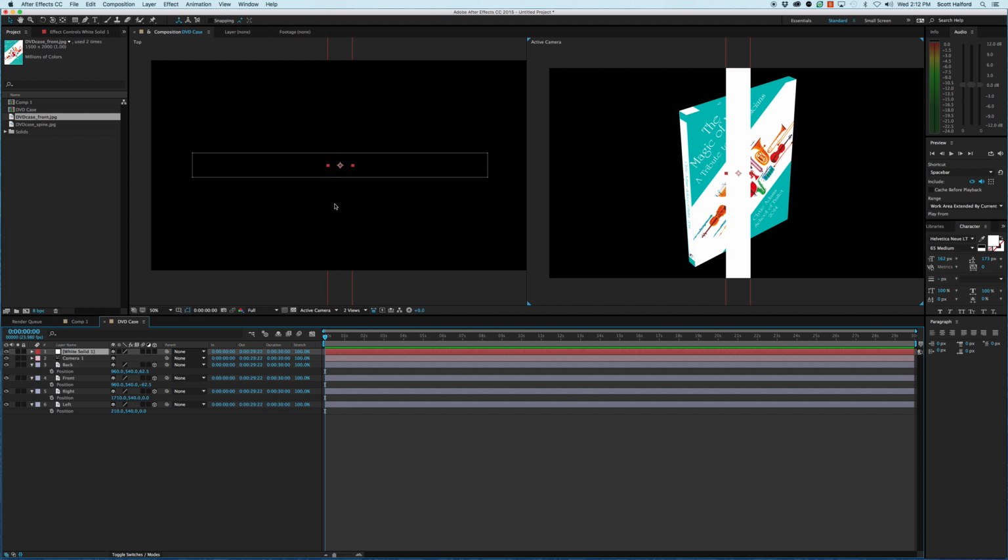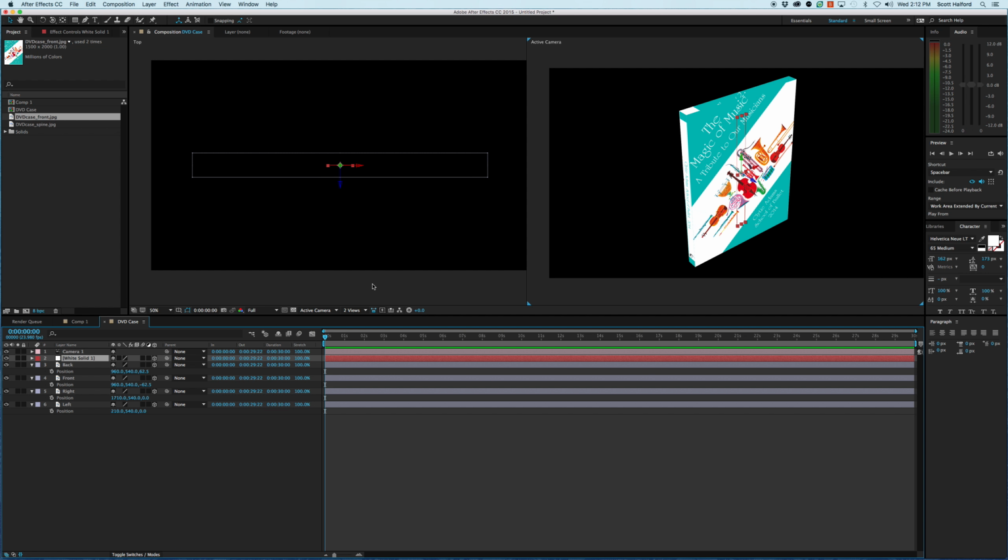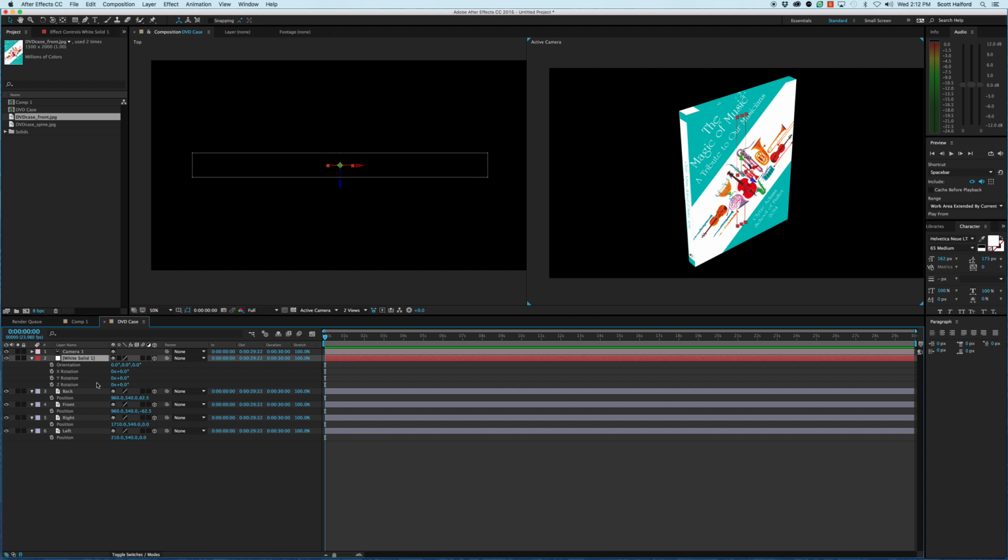And now we need to make it a 3D layer. So go down to your timeline. I'm going to restack that below the camera just to keep it tidy. Click the 3D layer, and that puts it right there. Now what we have to do is turn it sideways and vertically. So we need to turn it on its side, and we need to make it face up or down. I'm going to use a combination of my Z rotation, make it 90 degrees, and now